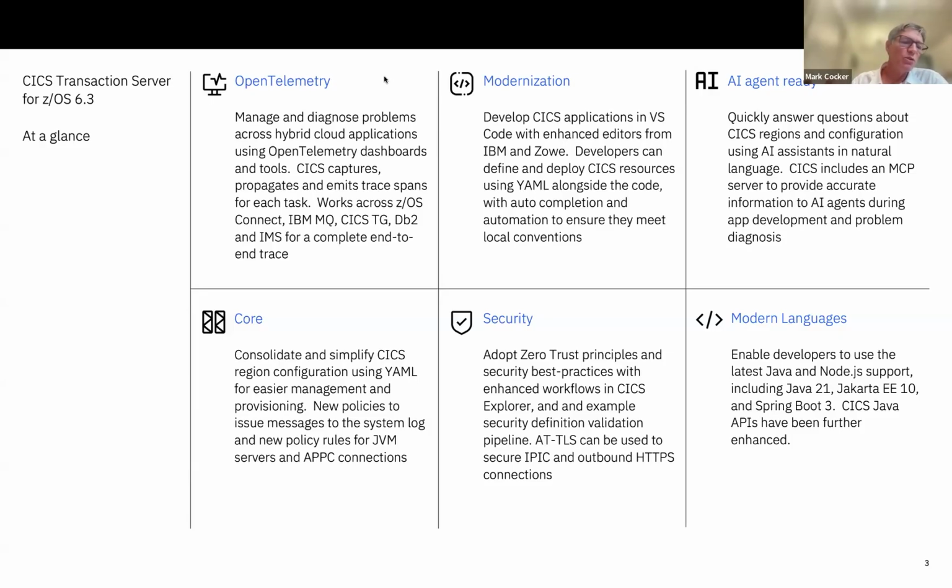So when you import your captured security information, which we introduced in 6.2, into the tooling and you import your RACF definitions into the tooling, we can provide some analysis and best practice on where we think you can improve how your resources are secured in the RACF database.